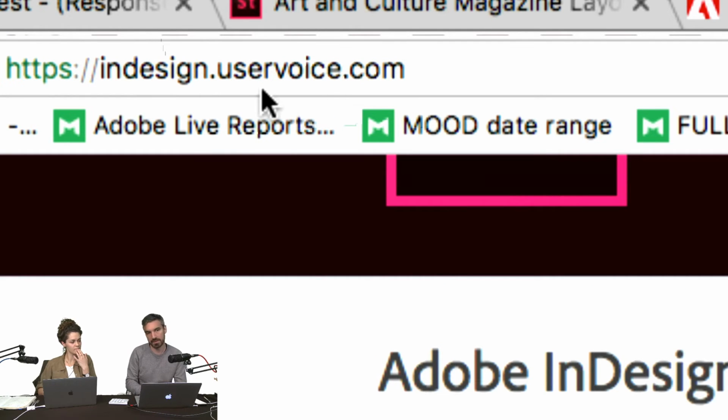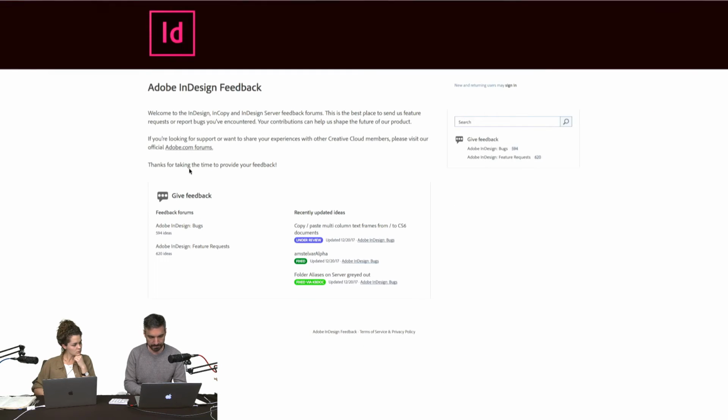InDesign.uservoice.com. This is a website that we use to create Adobe XD with the community. Adobe XD is a new app, experience design, and it was all the features the community would vote for and discuss, and now we're doing the same with InDesign. If you go on InDesign.uservoice.com, you can go to the feedback forum to give feedback, and you can check the new ideas,